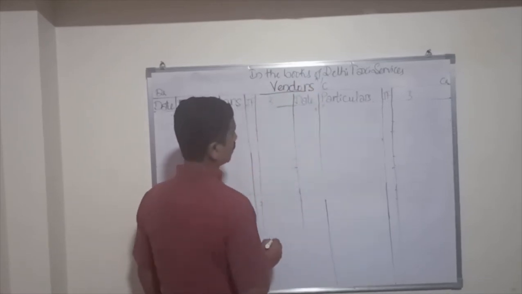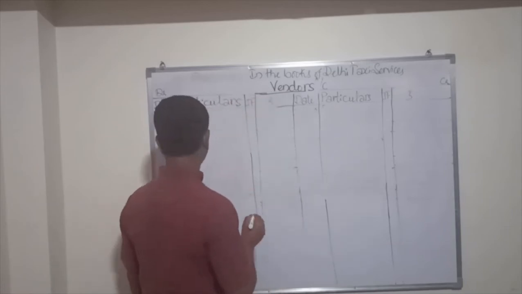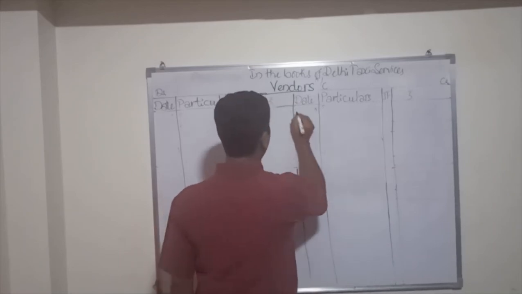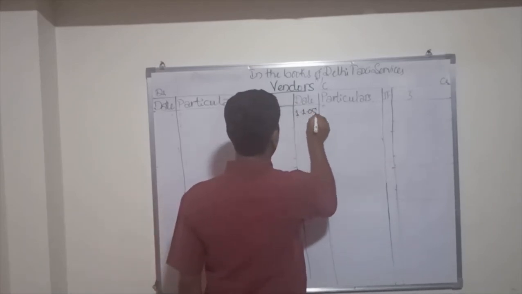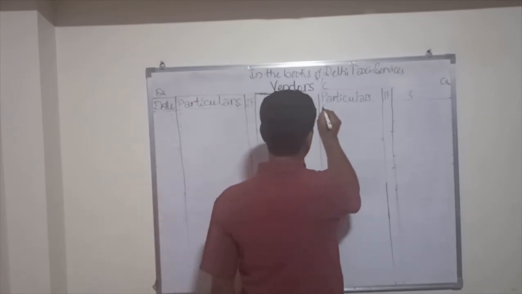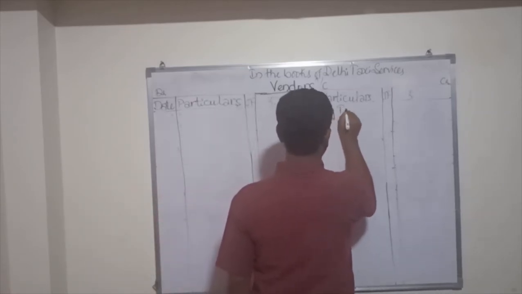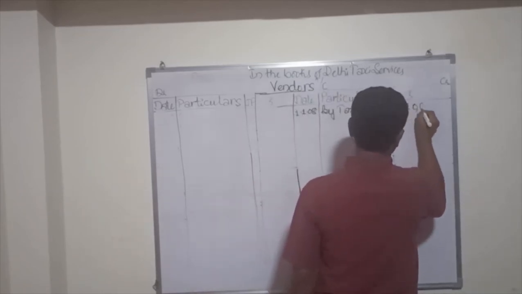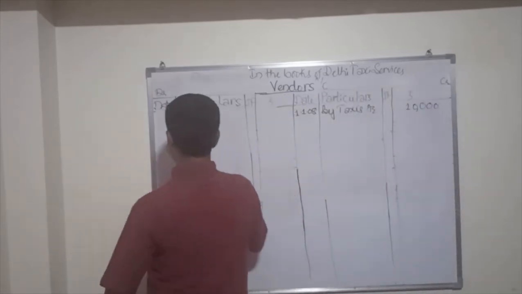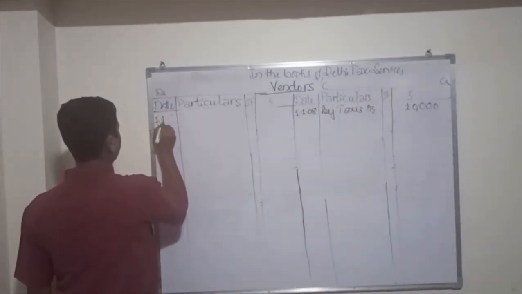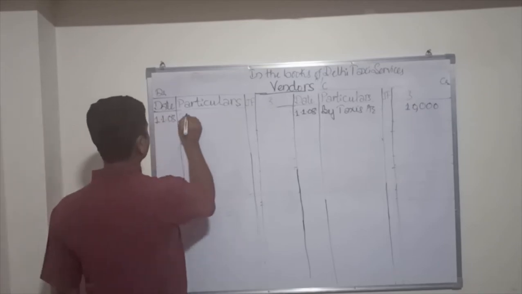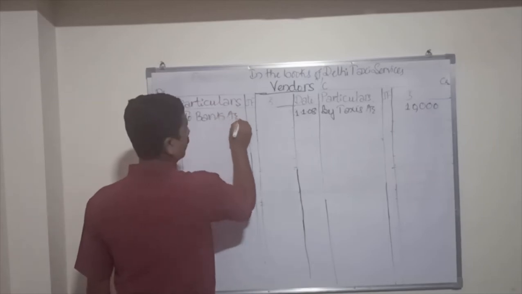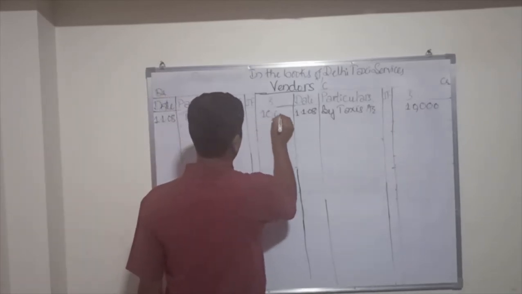Vendor's account, right? So when the down payment is due on 1/1/2008, then the entry will be taxes account debit to vendor's account. So vendor's account is credited by taxes account. Taxes account 10,000. When this is paid on the same day, that is on 1/1/8 here, then the entry will be vendor's account debit to bank account. So to bank account it is 10,000.